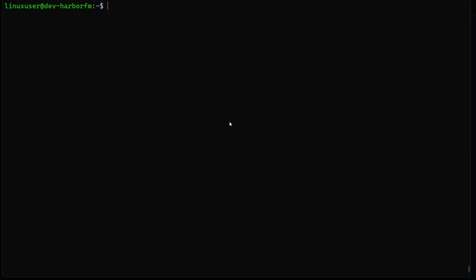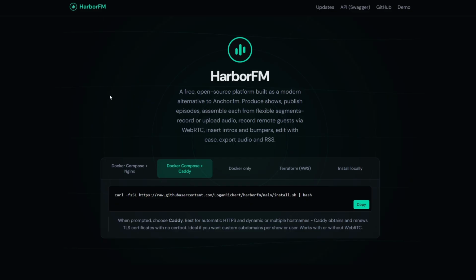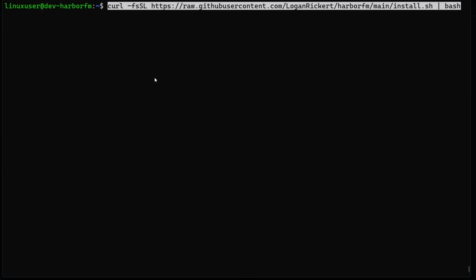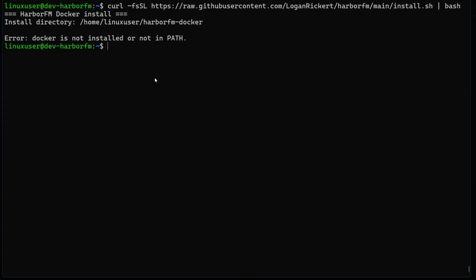From there, we are going to SSH into the machine. We are going to copy the install command. You can go to HarborFM.com and then click on Docker Compose plus Caddy if you want to. We're going to be using Caddy because it will automatically configure your TLS certificates, so we don't have to deal with certbot. Now back here, we're going to paste in our command, run,